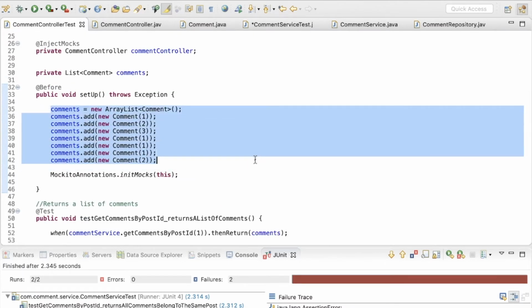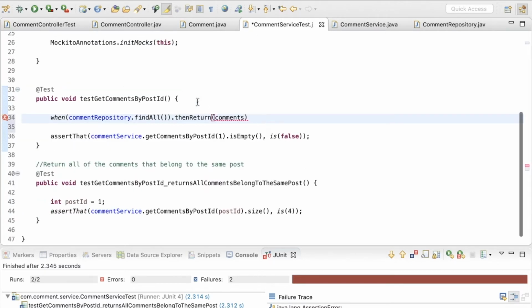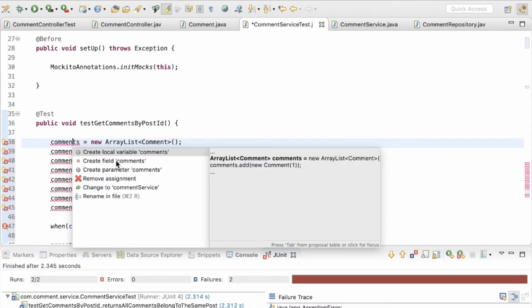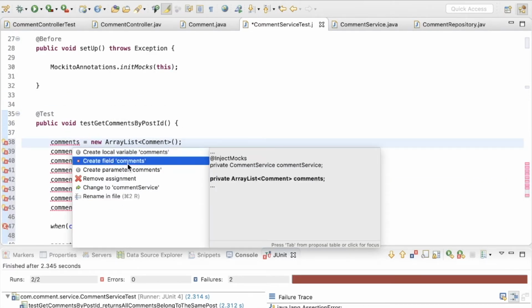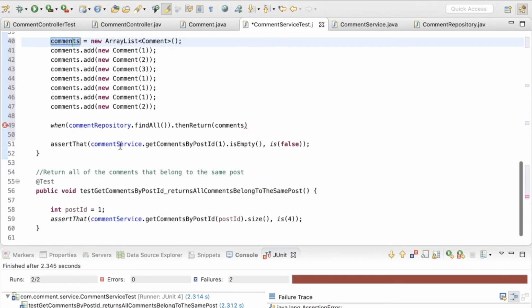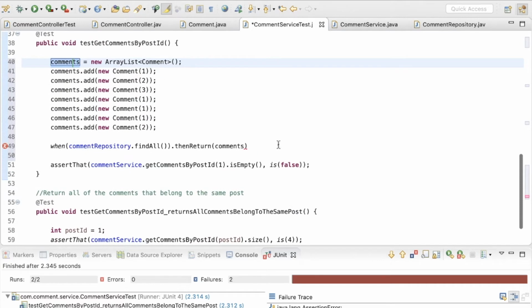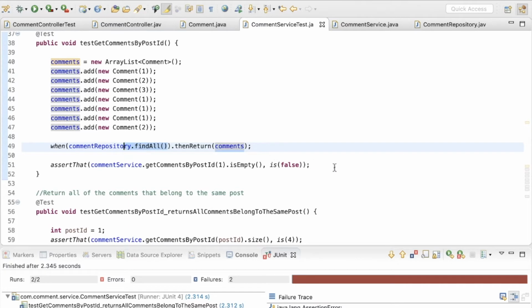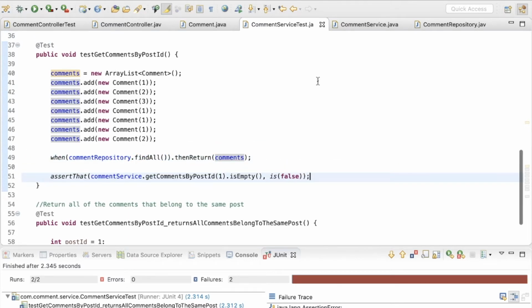I'm actually going to copy this list over here. So I will create a field called comments for this list of comments. And inside of this method, I'm going to initialize it and then add some values to it and return. So I'm telling the comment repository to return this list of comments when the findAll method has been called on that. So if I run this again,